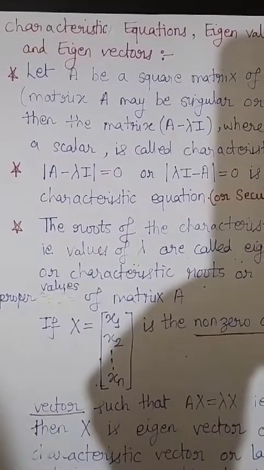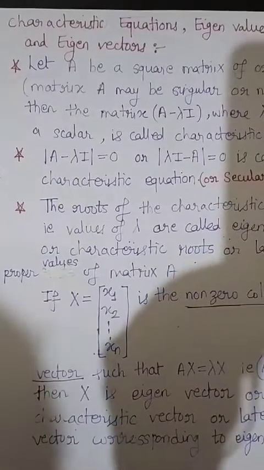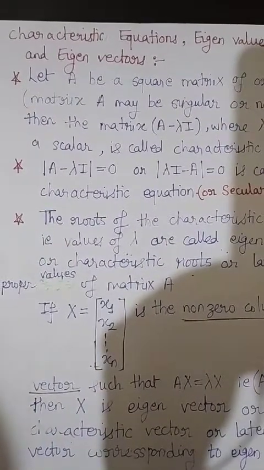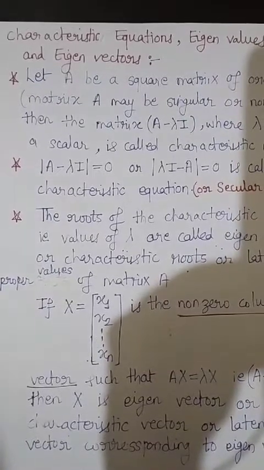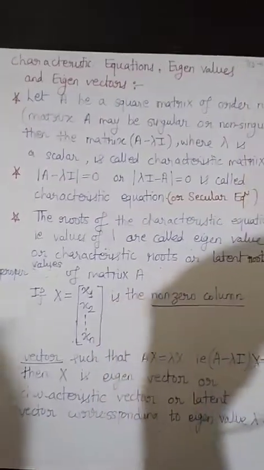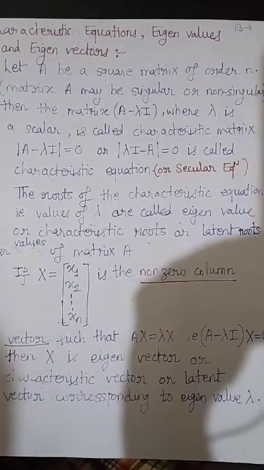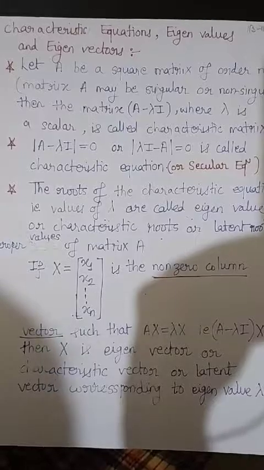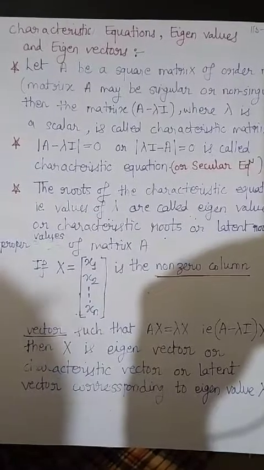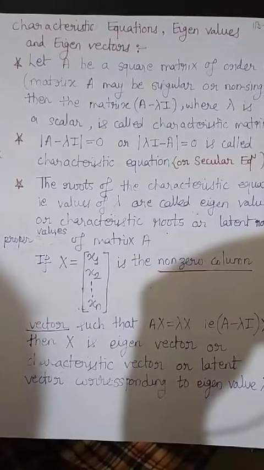Hello everyone. In this video lecture, we shall discuss the concept of characteristic equation, eigenvalues and the eigenvector. The problem of finding the eigenvalues and eigenvector of a given square matrix is called an eigenvalue problem. Eigenvalue problems occur in a wide range of applications such as vibration theory, chemical kinetics, stability of equilibria, buckling of structures, convergence of iterative techniques, and the system of coupled differential equations.